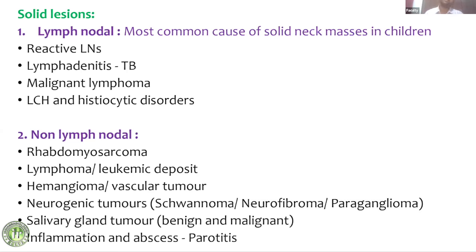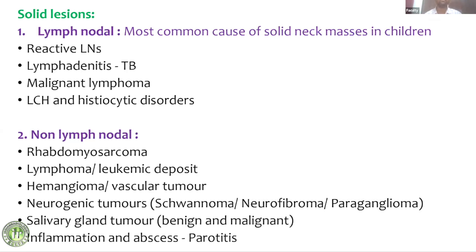Second, the lymph node may be primarily involved by a disease, for example, in tuberculosis and other forms of mycobacterial infection. So that is called lymphadenitis. Malignant lymphoma can involve the lymph node. Besides this, the other group of disease is the histiocytic disorder, and the most common among them is LCH. So you have to keep these things in mind before proceeding if it is a lymph